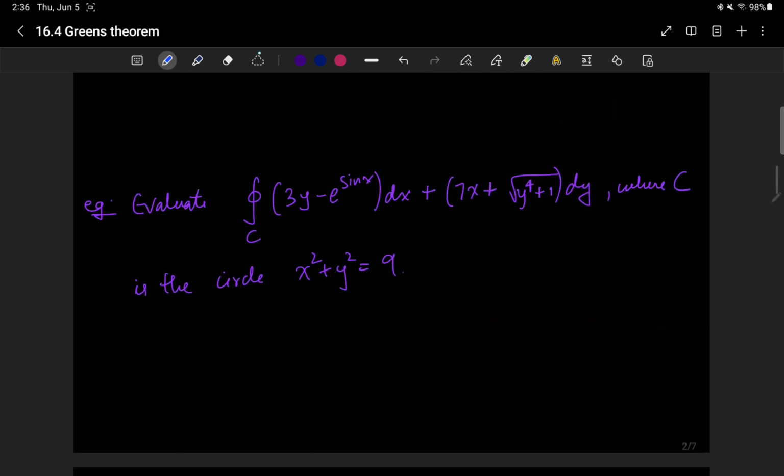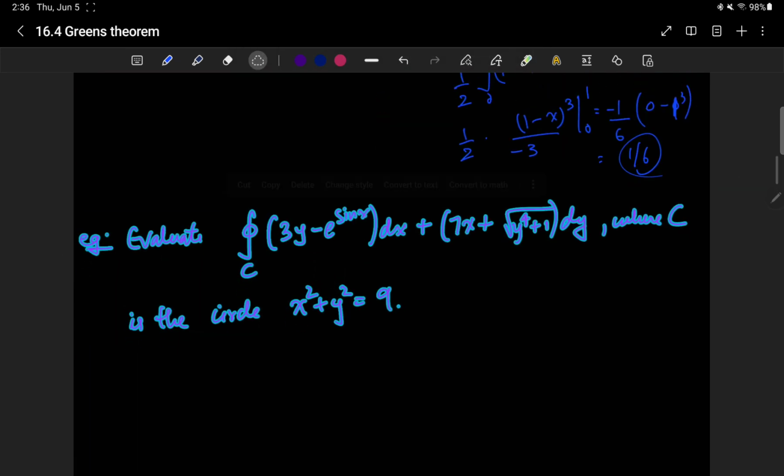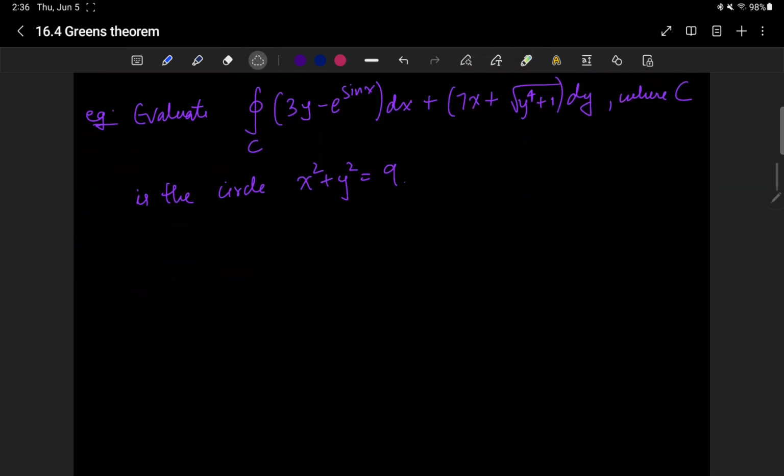Let's look at another example. Evaluate this line integral where C is the circle x squared plus y squared equals 9. Now here is a scenario where just by looking at the problem, you can probably infer that maybe I want to use Green's theorem,